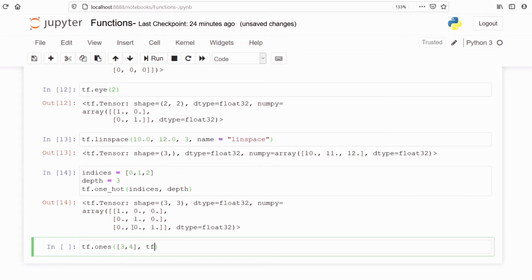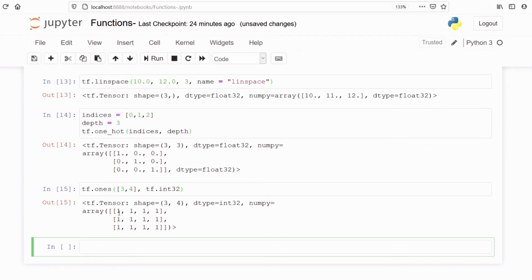The data type will be tf.int32. Now we will get 3 rows and 4 columns and all the values will be 1. We can see all the values are 1 1 1 1. Using this method ones we can create a tensor which will have similar values, which is 1.